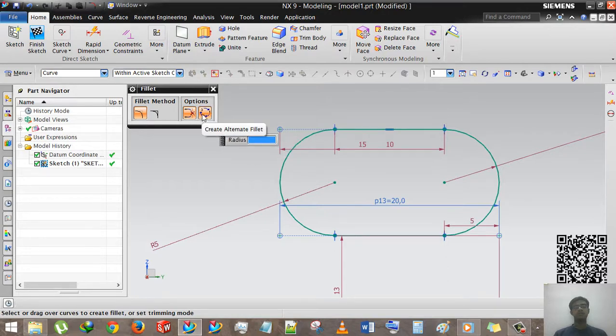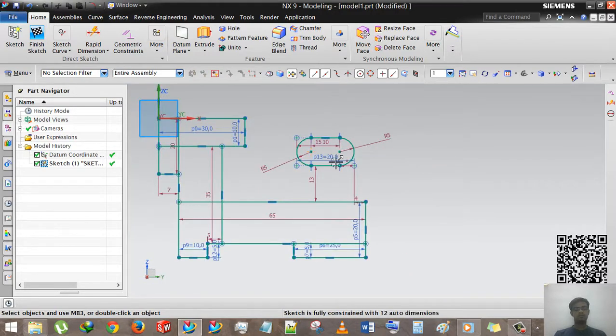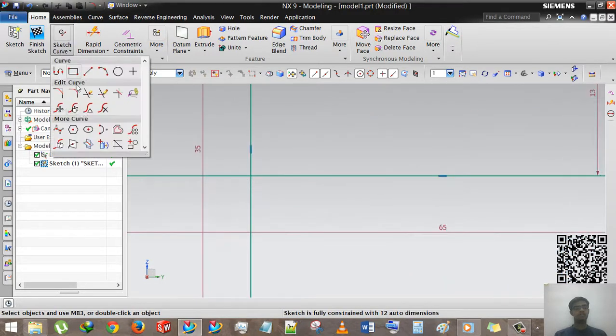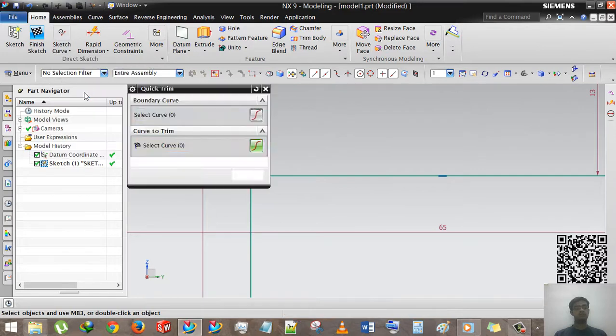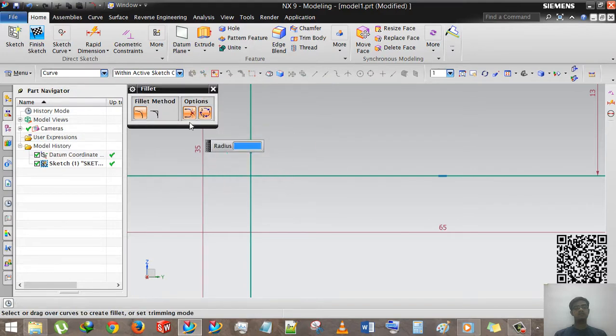Now create alternative fillets. For that I have to design this geometry, and we are selecting this line and deselecting this.